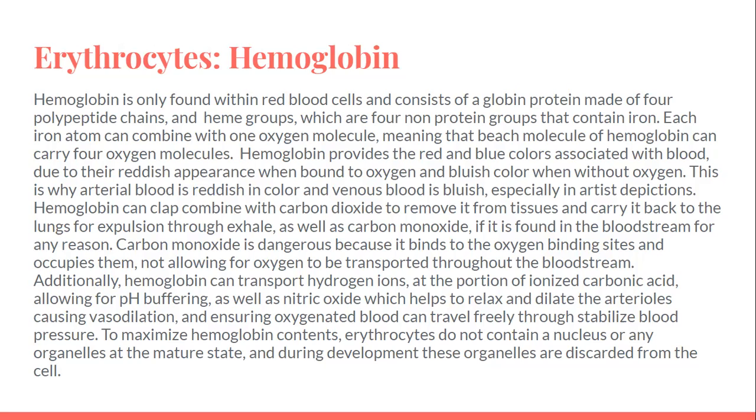So with oxygen, it will have a reddish appearance, and without oxygen, it will have a bluish appearance. This is why arterial blood is reddish in color and venous blood is bluish. And hemoglobin can also combine with carbon dioxide to remove it from tissues and carry it back to the lungs for expulsion, as well as carbon monoxide if that is inhaled. It can also transport hydrogen ions